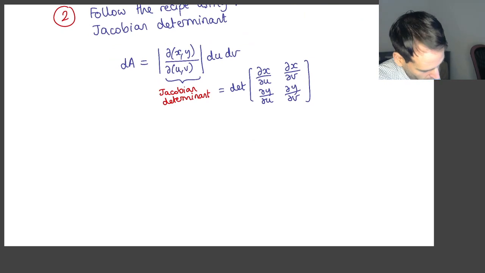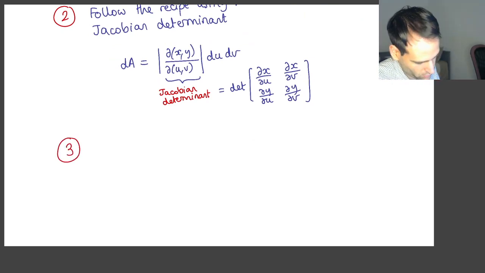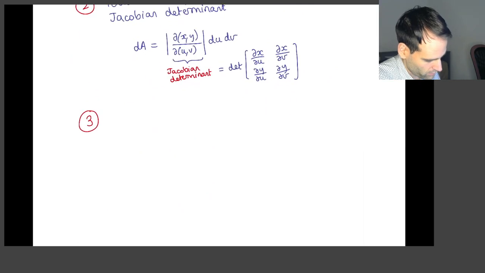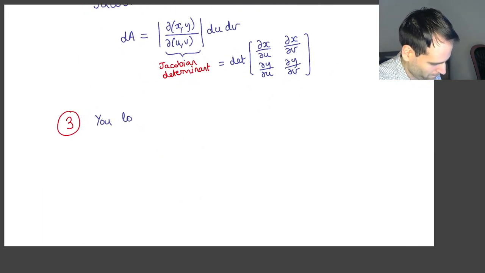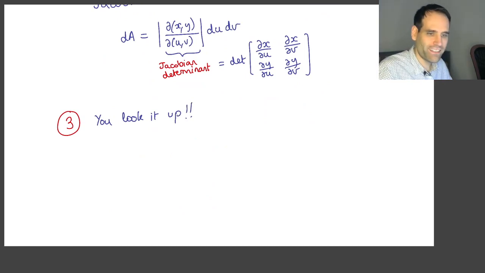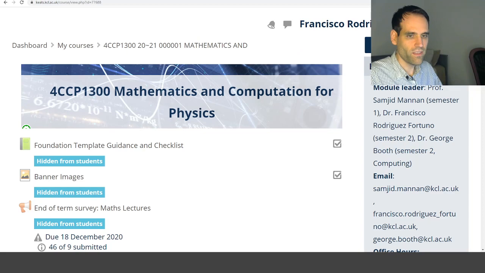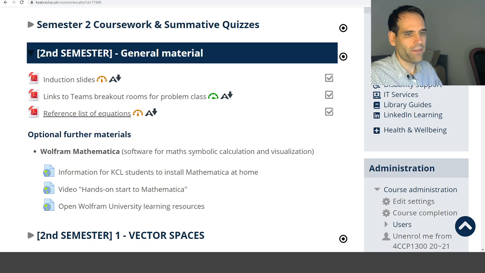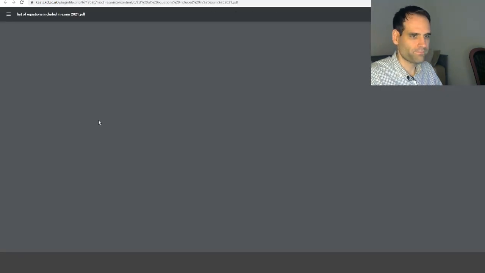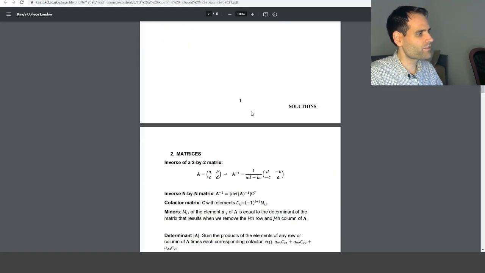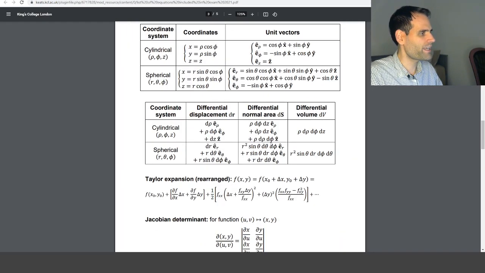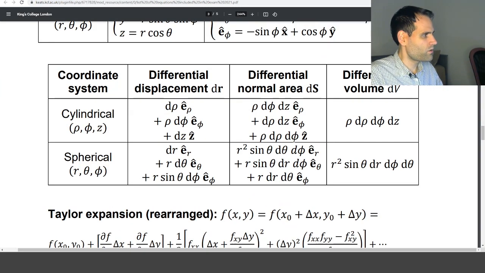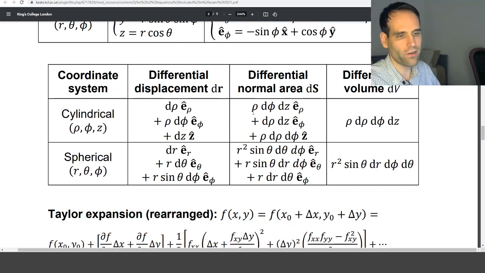And finally, the third method, and this is usually the one you will use most often, you look it up. This is good news, right? So let me tell you what I mean by this. If you go to the module page, on general material, you have the reference list of equations. And this reference list of equations has a convenient, very convenient table, which I will tell you how to use, but basically, for example, if you are looking for the differential of